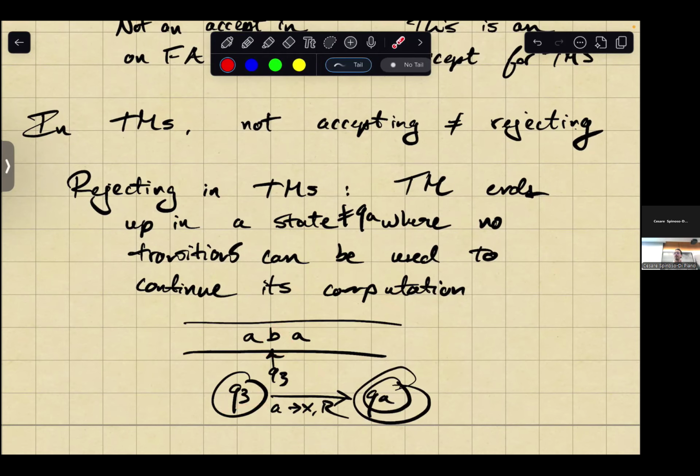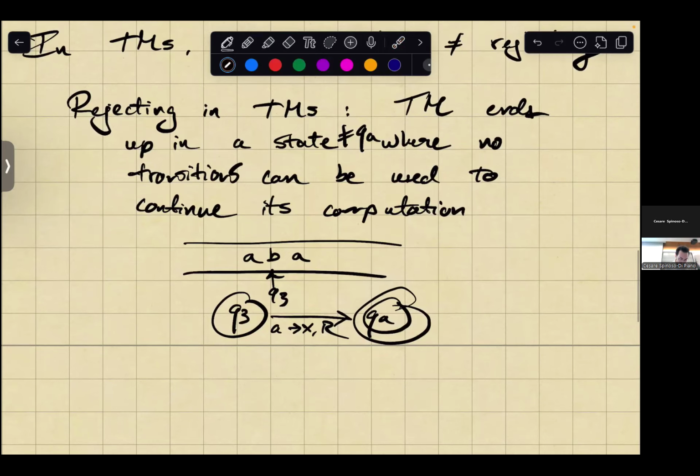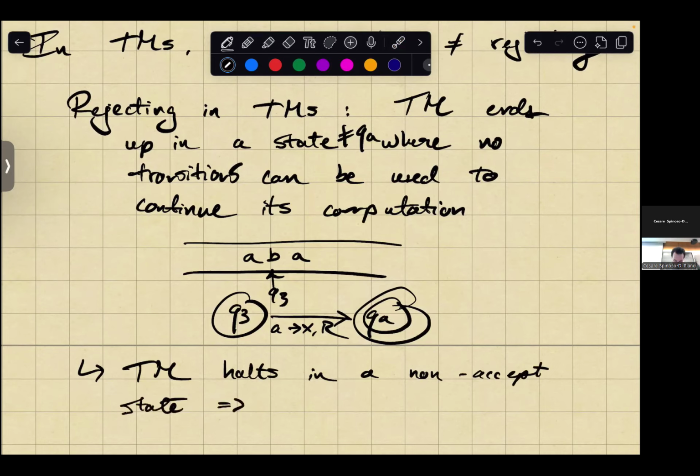And so that means that my Turing machine jams or halts, and it's halting or jamming not in an accept state, so that means it rejects, right? So the Turing machine halts in a non-accept state, which means that it rejects,